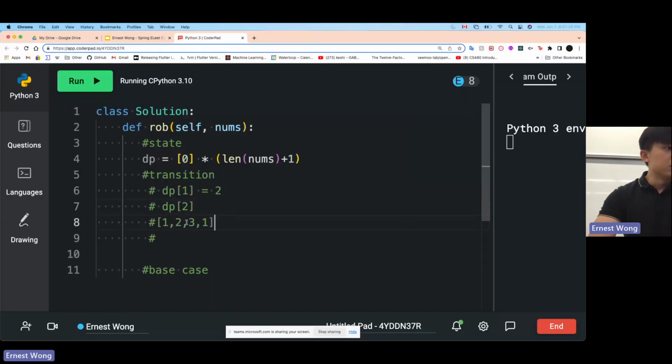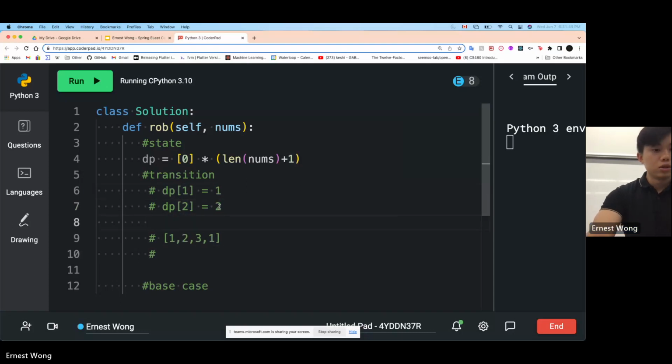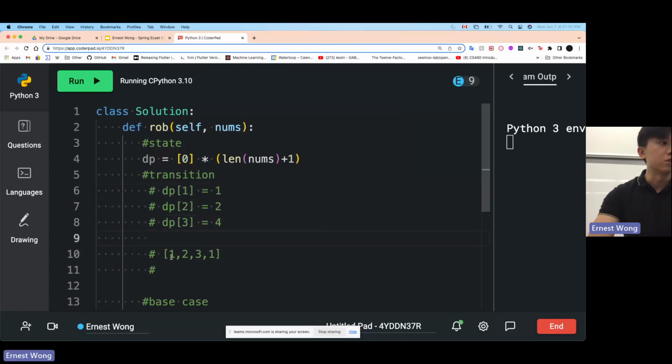The maximum we can steal if there's only one house is going to be 1. The maximum we can steal if there are 2 houses is going to be 2, because we can avoid the first house and steal from the second house. For 3 houses, I'm going to write out all the states to motivate us towards the transition. That's going to be 4, because we can steal from house 1 and house 3. And finally, the maximum if there are 4 houses is still going to be 4. That's the maximum.